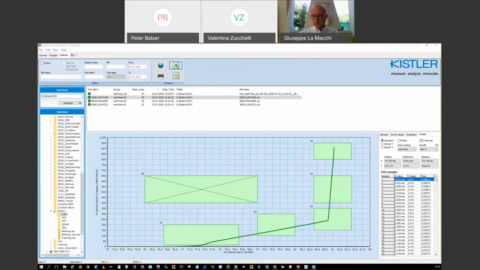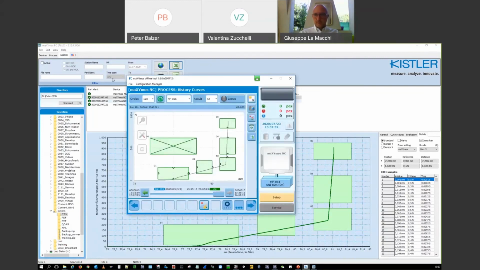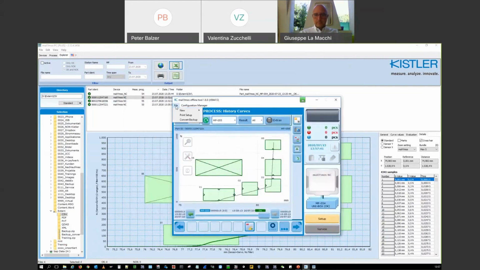So just a moment, I had a problem with the visualization. Okay, so the first one is convert backup in the offline tool. Well, I explained it. So if you go to convert backup,